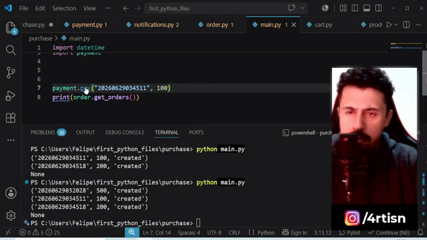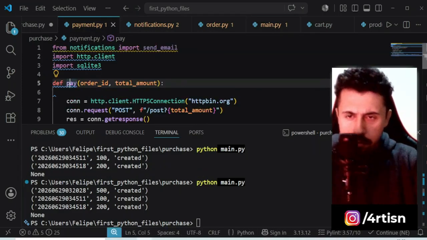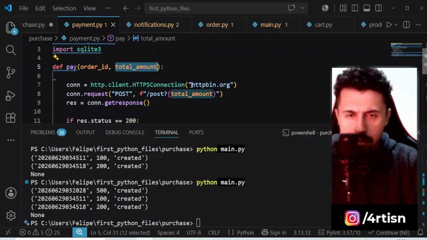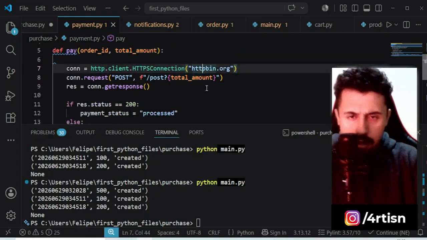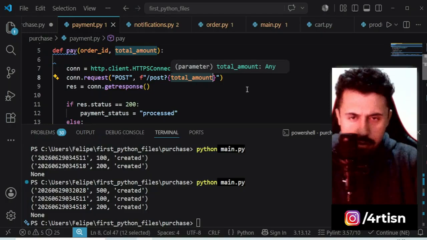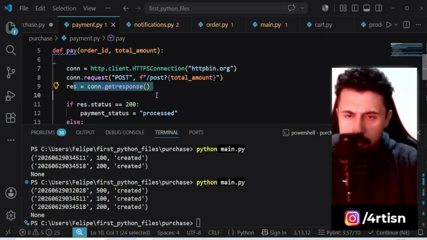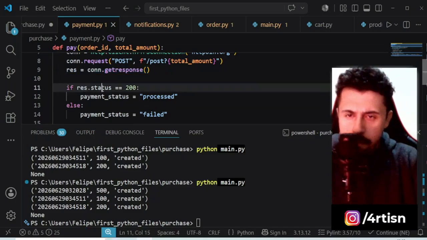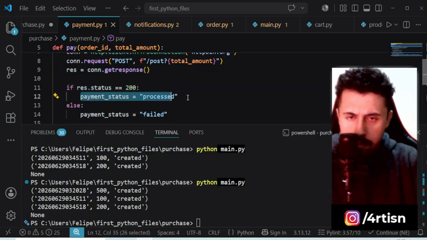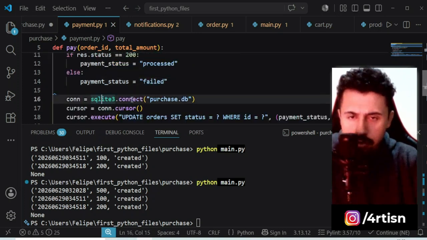Let's see what's happening. So pay, order ID, total amount. All right, total amount, get response, processed, failed. Let's go to reconnect, purchase database,